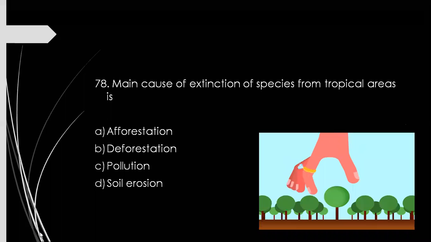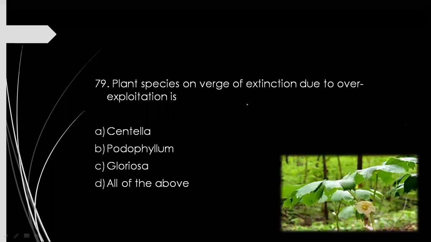The main cause of extinction of species from tropical areas, I told you this in the last class. Less than 1 minute is remaining. The options are afforestation, deforestation, pollution, and soil erosion. The answer is deforestation. Very good. Plant species on the verge of extinction due to overexploitation is